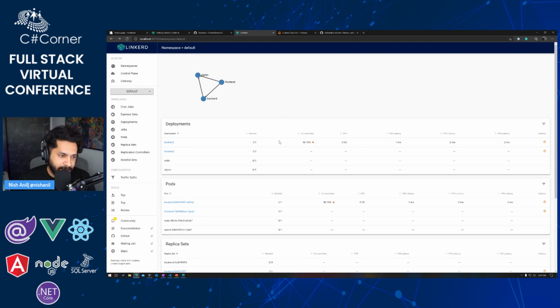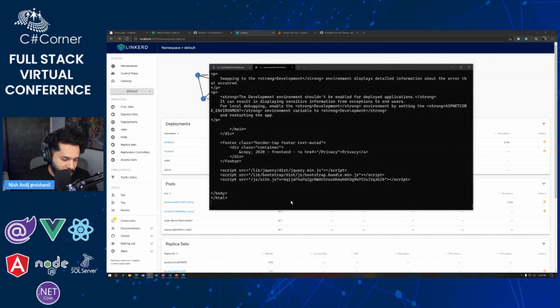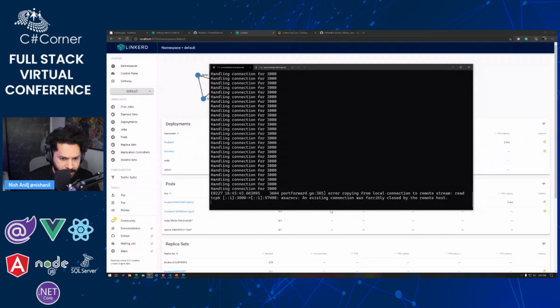So now let's go fix this, right? We're not going to reduce the success rate. What we're going to do is fix it so someone who's accessing our application should not be thrown an error all the time. Instead, let's see if we can gracefully handle it. So for that, what I need to do is,